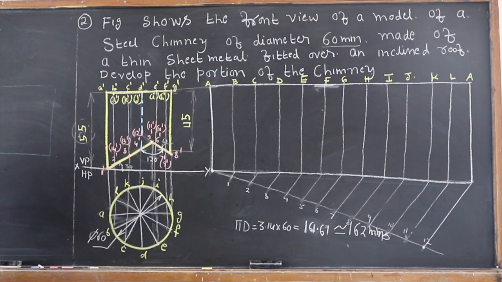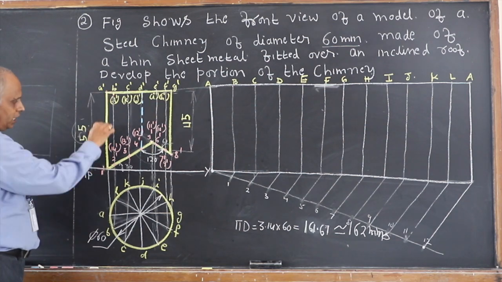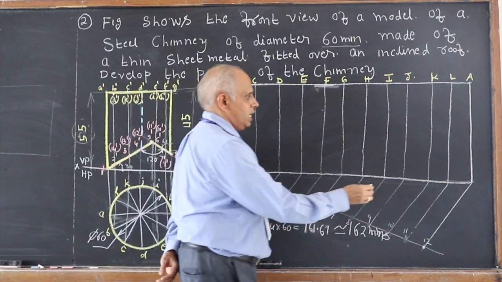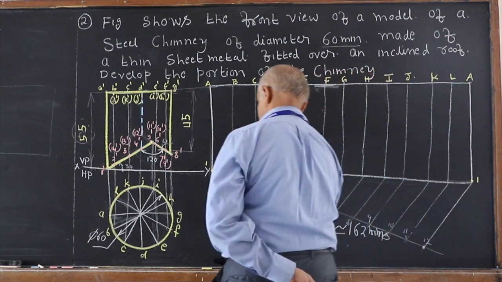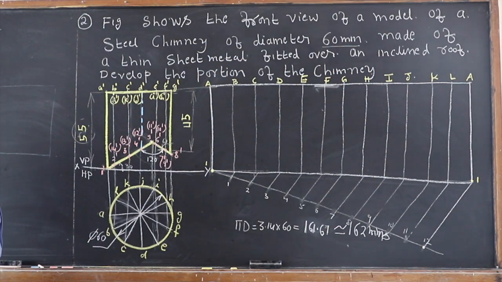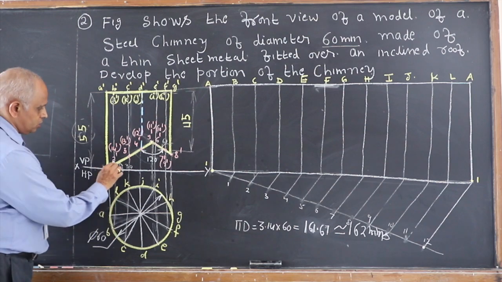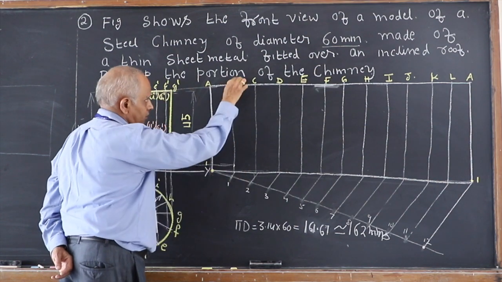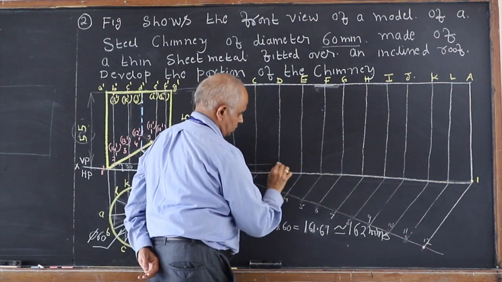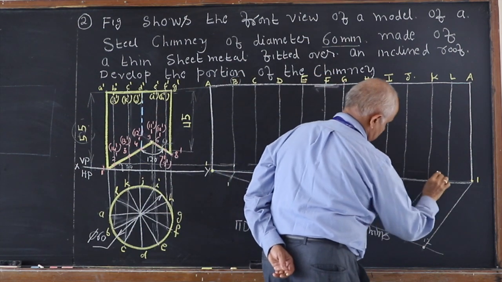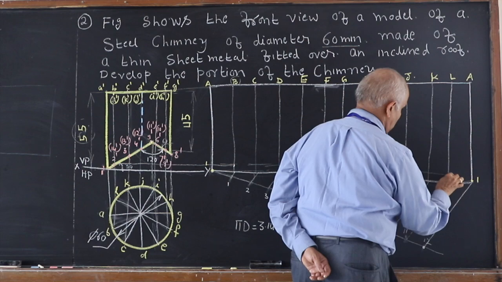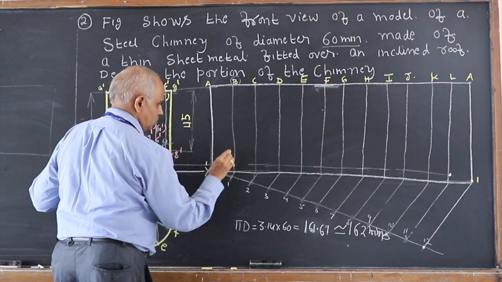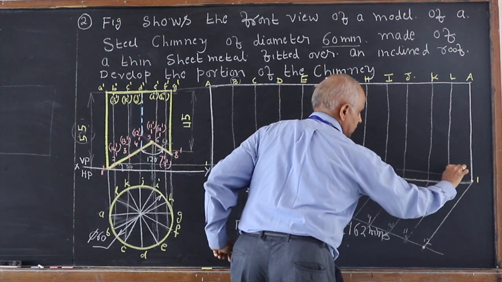Now if you start shifting it, 1 is on generator AA1, so directly I can mark this as section point 1 on the development and 1 here. Next, 2 and 14 are on B and L. So you project this onto B and L. If you take it to the other side, you can see that it is on L. So this is now 2 here, 2 and 14. So this is 2 and this is 14.